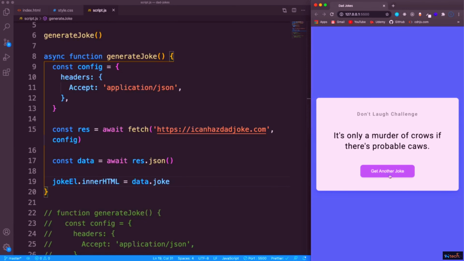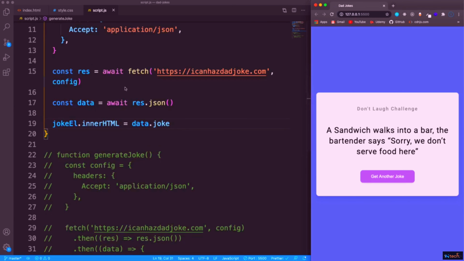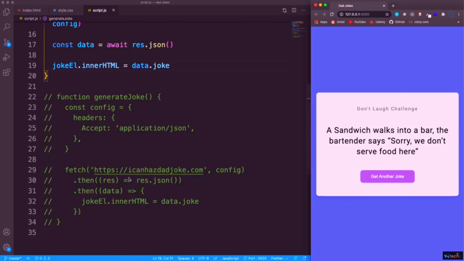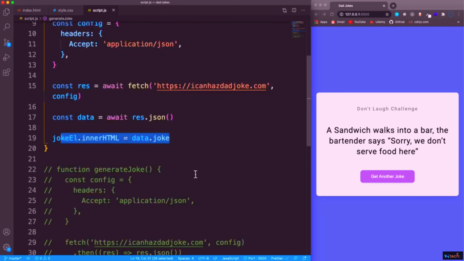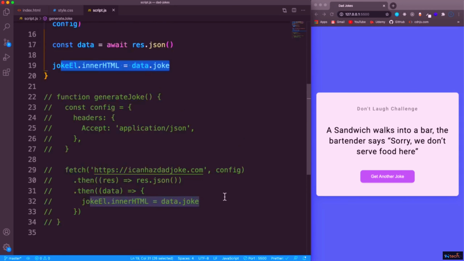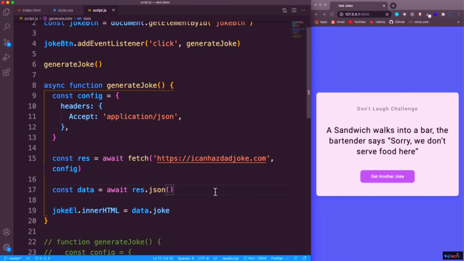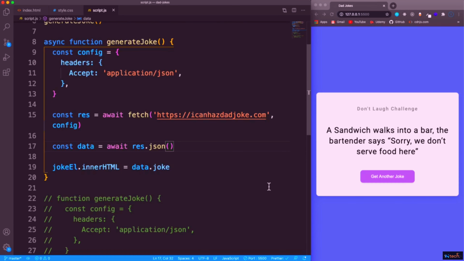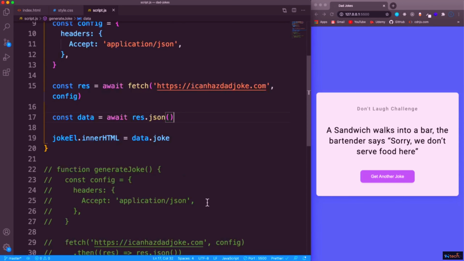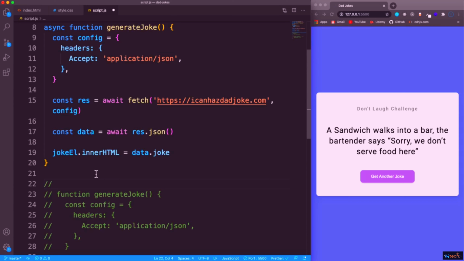You can see it works the same exact way. I think that this looks better and cleaner because instead of the .then, we're just basically setting what we get back from fetch into a regular variable, and then whatever we get back from res.json into a variable, and we can just continue on. We don't have to have this inside of the .then. It's all preference. Like I said, async await is very, very popular. You're probably going to see it more than not, at least in modern code. So definitely something to understand. If you prefer using .then, that's fine. I'm just going to put a comment here and say,